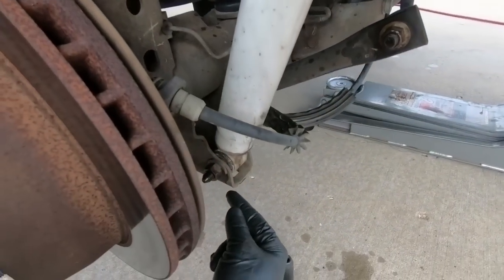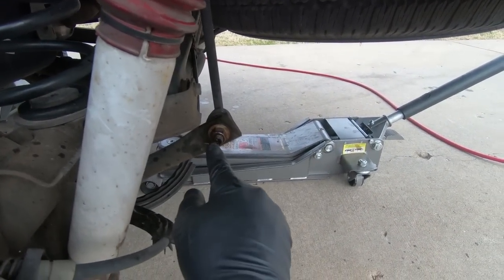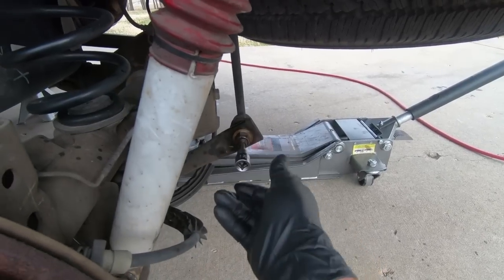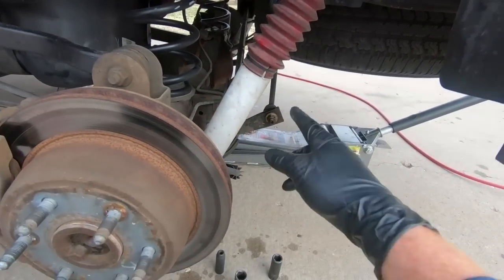But 21 millimeter on the bottom of the shock, 18 millimeter on this guy. If you need it to keep from spinning, you're going to have to put something in the center. It is a 6 millimeter that goes in the center of this guy. It's just a hex or an Allen, and that should be all you need really. An 18, a 21,